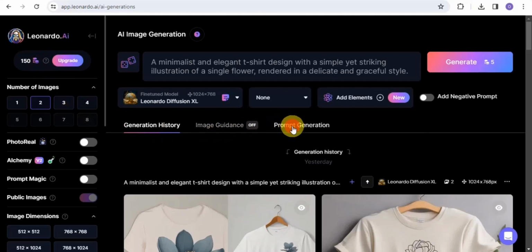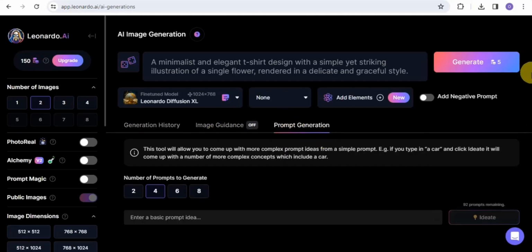So right here guys, go on to the prompt generation, and once you're here, you're going to see this option that says enter a basic prompt idea. Now this tool will allow you to come up with more complex prompt ideas for your simple prompt. So right here guys, I'm just going to enter a basic prompt idea. Probably I'm going to make use of this, a young girl, and an umbrella